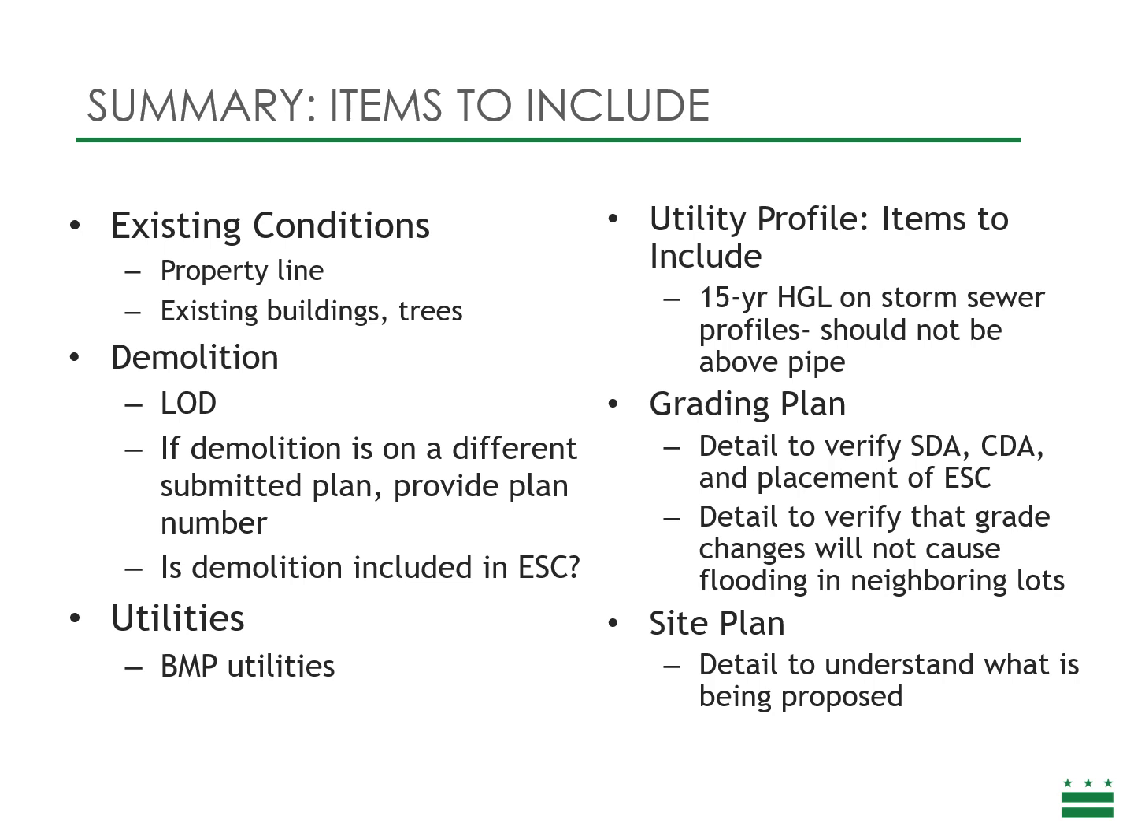So here's a summary of all of the items that should be included on your existing conditions. Make sure you have the property line, existing buildings, trees, and other important infrastructure. On the demolition plans, you should have the LOD, and if demolition is on a different submitted plan, provide that plan number, and include erosion sediment control if necessary for demolition. In the utilities, you can include the BMP utilities on this sheet. For utility profile, you should include the 15-year hydraulic grade lines on storm sewer profiles, and they should not be